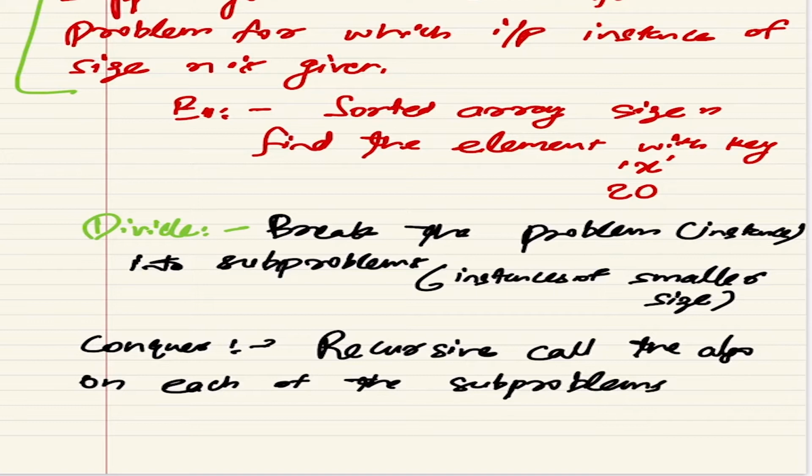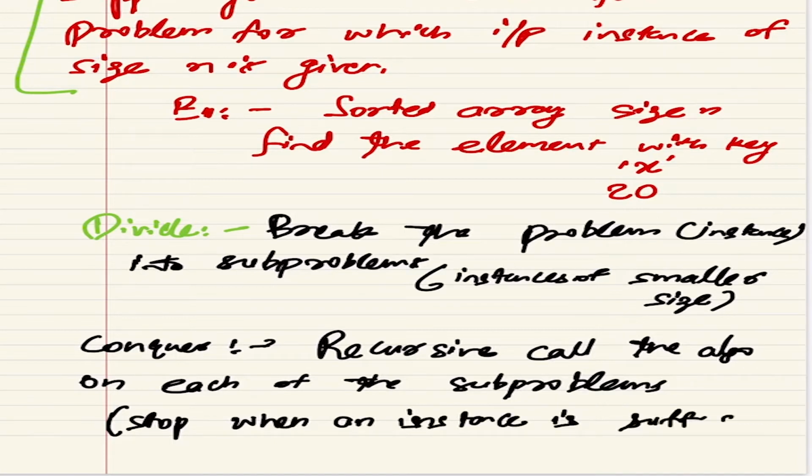When you are recursively calling, you are again dividing them into smaller problems. And when do you stop? You stop when an instance is sufficiently small. But where does the algorithm end? You divide into smaller problems, you conquer by keeping on dividing into smaller problems. But then comes